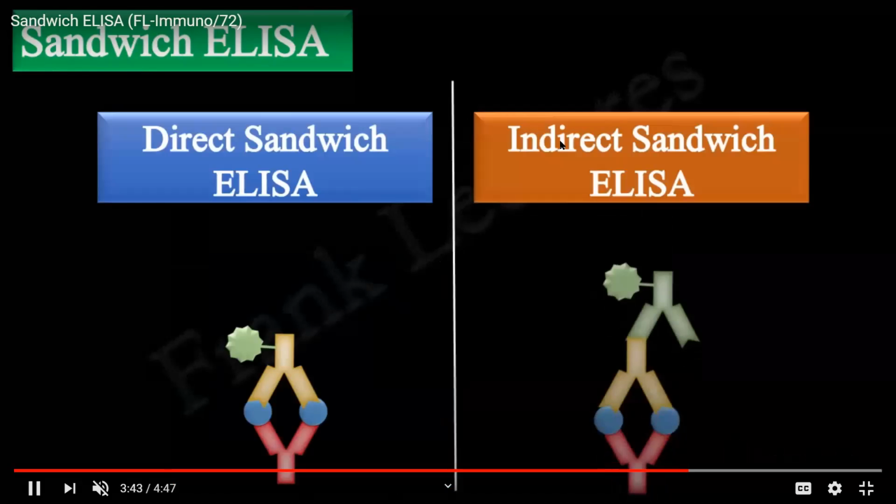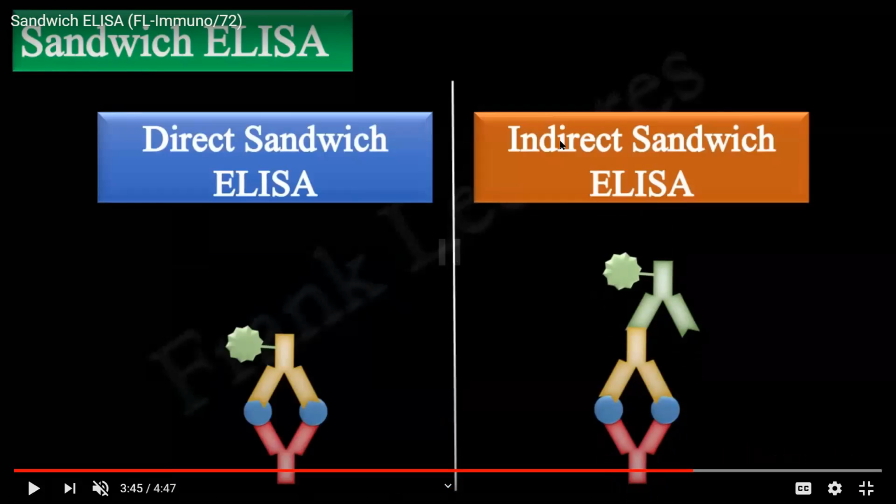Okay. Now in this sandwich ELISA, we find two different types again. One is direct sandwich ELISA, and another is indirect sandwich ELISA. This is similar to direct and indirect ELISA itself. But the procedure they follow is that the antigen has to be in between two antibodies. So here you see,